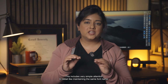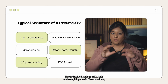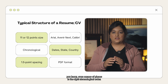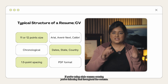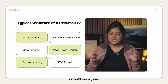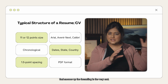This includes very simple attention to detail, like maintaining the same font name, maybe having headings in bold and everything else in normal text, having the right dates or even names of places in the right chronological order. If you're using state, comma, country, you're following that throughout the resume, and in all it looks very clean. The spacing is perfect. You're uploading it in a PDF format, not a Word format that messes up the formatting